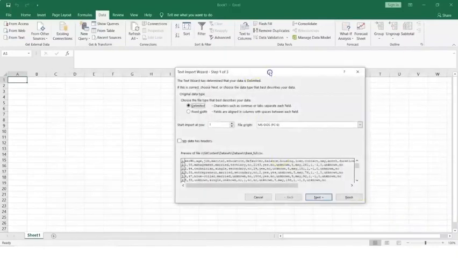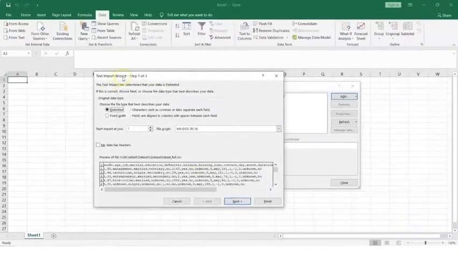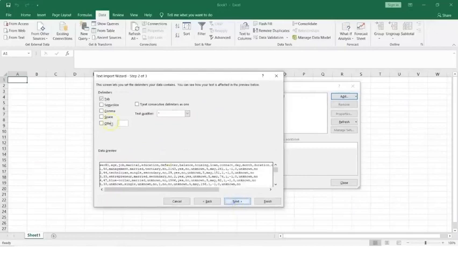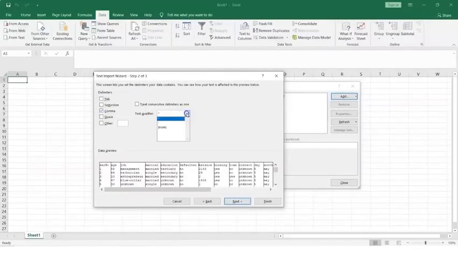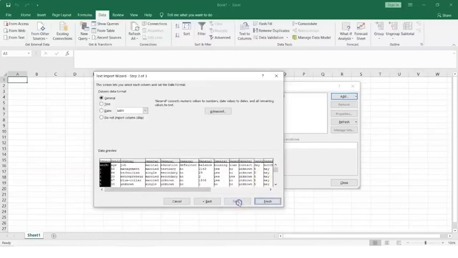Now this basically shows me the text import wizard option, which says is the file delimited. I'll say yes, click on next. So I will select comma as my delimiter. I can say text qualifier is none. Now this is my data. So my data preview is already showing me what is the data in the CSV file. You can click on next,